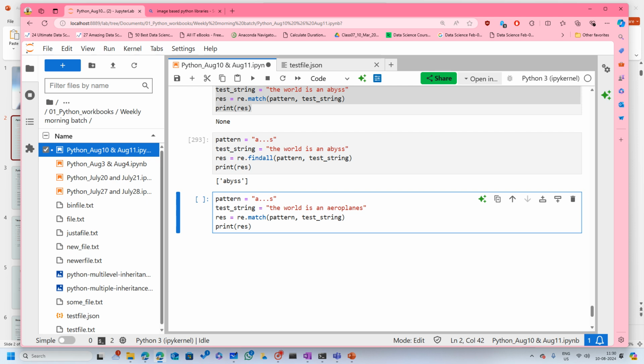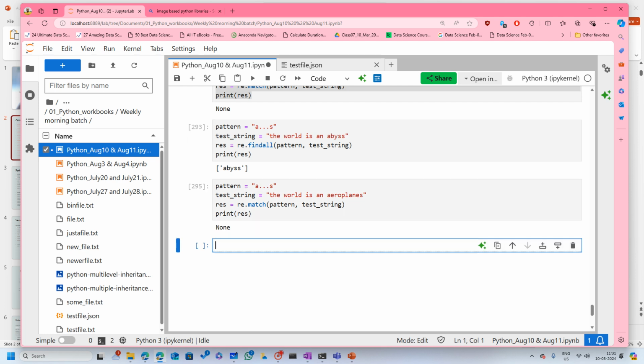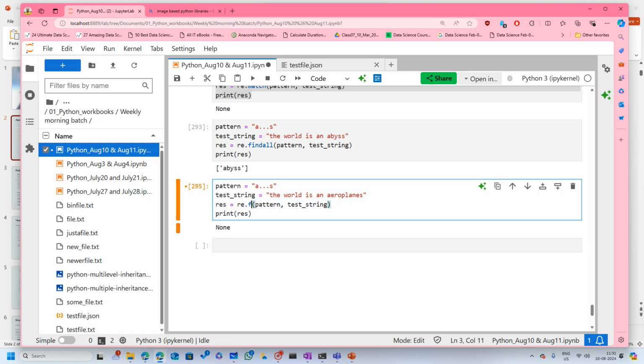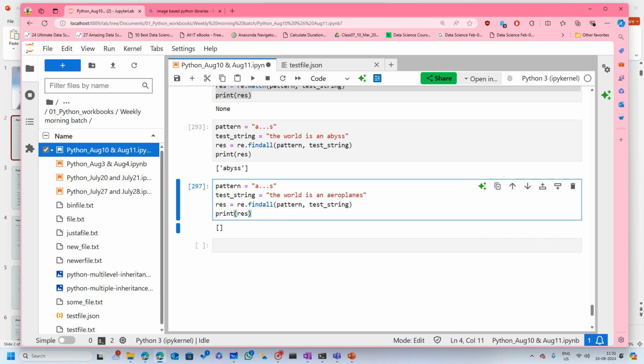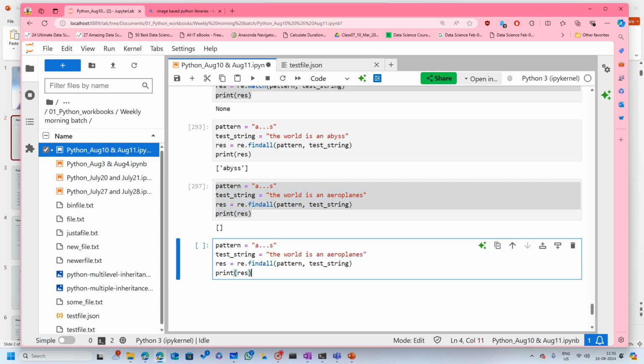Aeroplanes. Okay, now I have a match here, but the problem is there are too many letters, but the dots specified are fewer. Let's see, there is no match. Or let me do a find all, because at least find all will get me... See, find all is not able to fetch these results. This is not matching. But if I increase the number of dots to match this word, 1 2 3 4